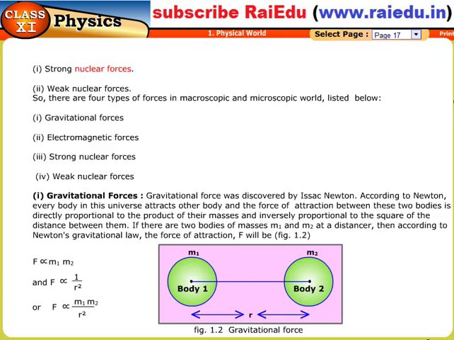If there are two bodies of masses m1 and m2 at a distance r, then according to Newton's gravitational law, the force of attraction F will be: F is directly proportional to m1 m2, and F is inversely proportional to r square, or F is directly proportional to m1 m2 upon r square,